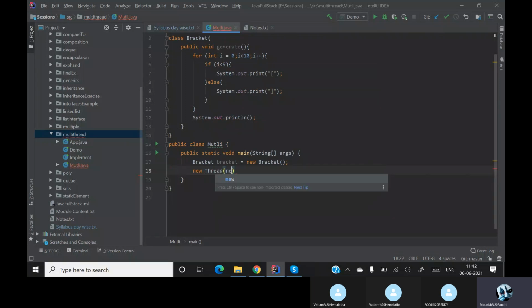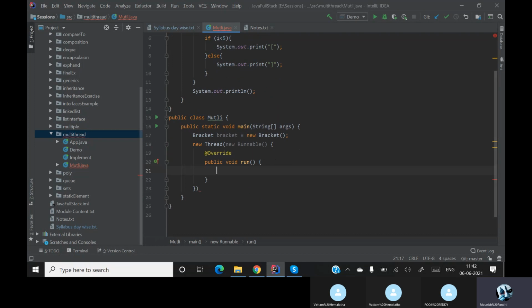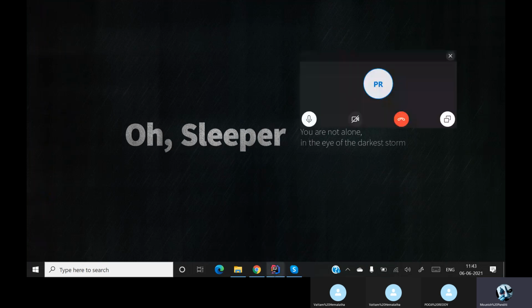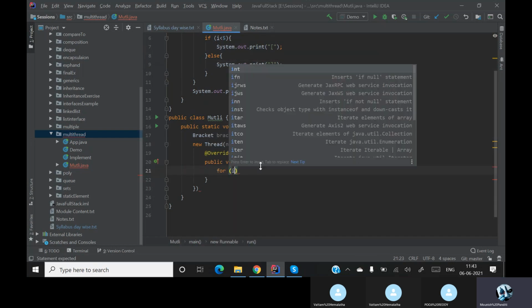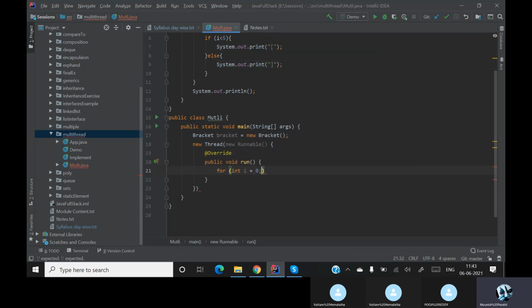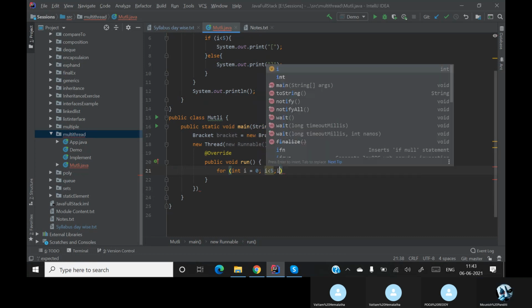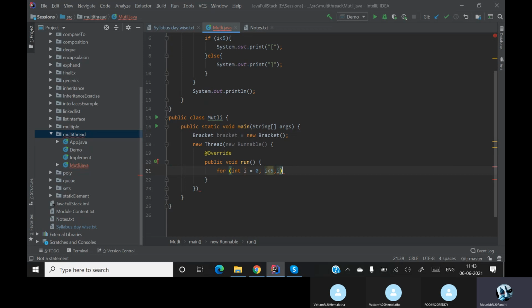Now let me create a thread. I'm creating this thread by implementing a Runnable, and I'm doing everything directly inside the main method itself instead of implementing it again. Here I'm calling my generate method. The generate method will give me only one line of data: closing 5, opening 5. I want to do this 5 times, so I'm writing a for loop: int i equal to 0, i less than 5, i plus plus.